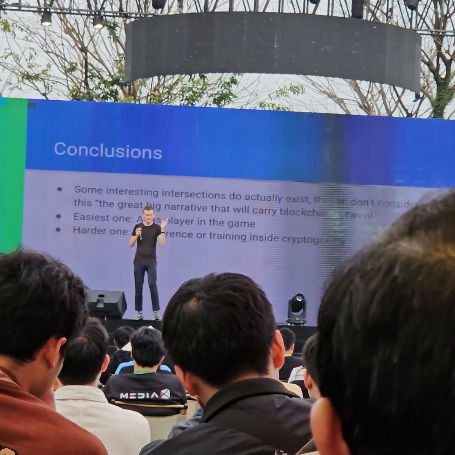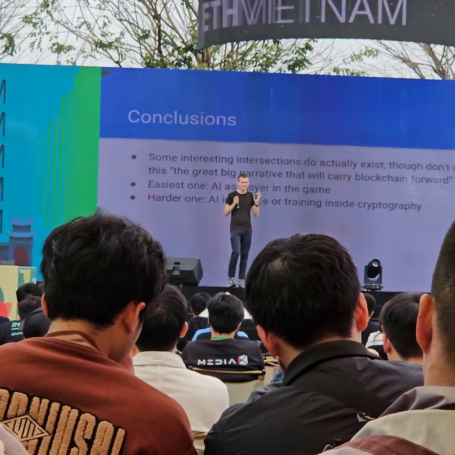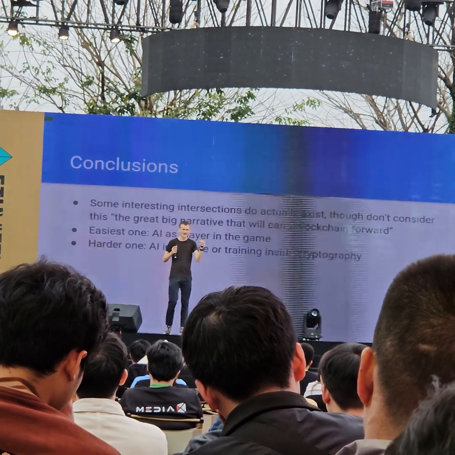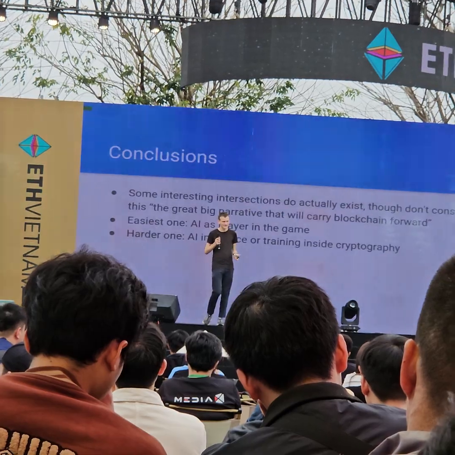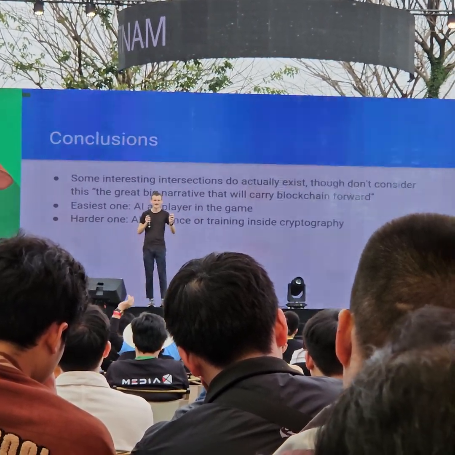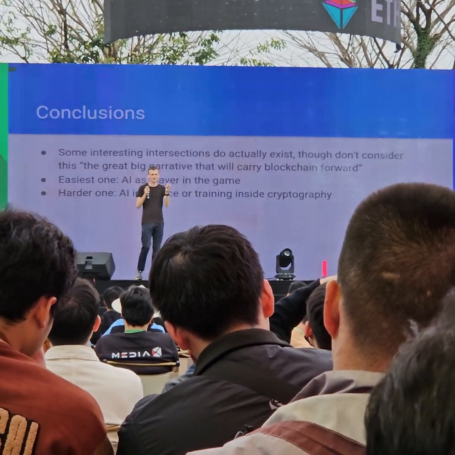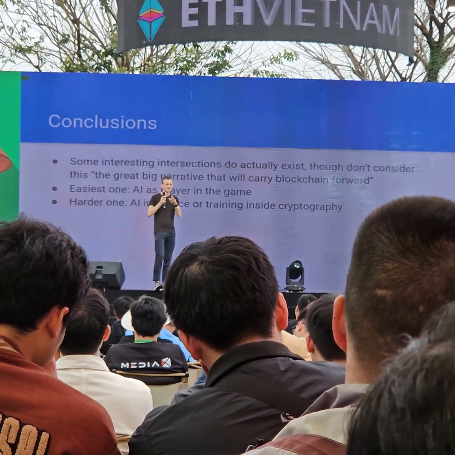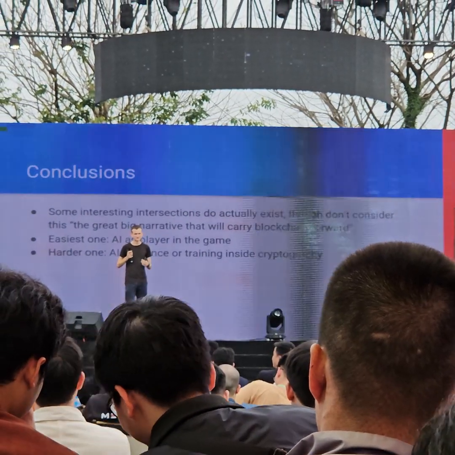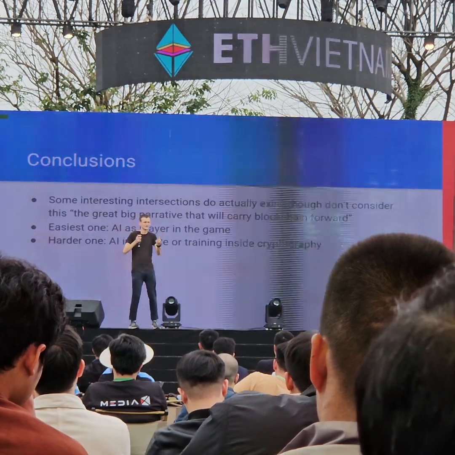So if anyone here is interested in building AI blockchain applications, first, make sure you have an idea that actually makes sense. An application is not automatically good just because it has an AI and it has a blockchain. First, it has to be good as an application. It has to provide something that's useful. Then the AIs have to provide something that's needed, and the blockchain part also has to provide something that's needed.